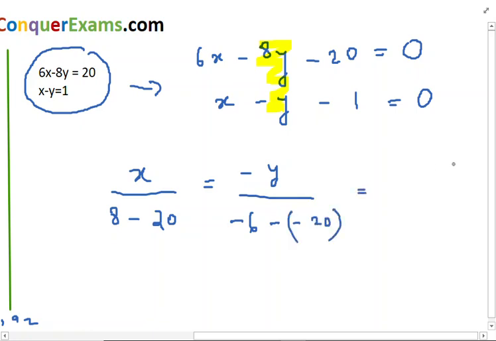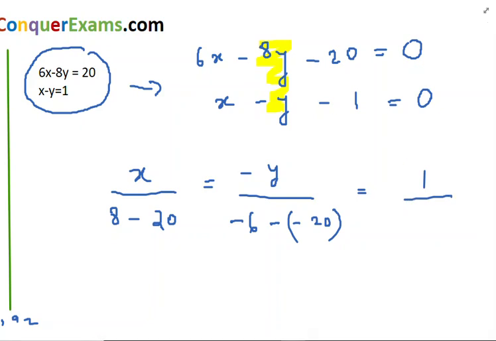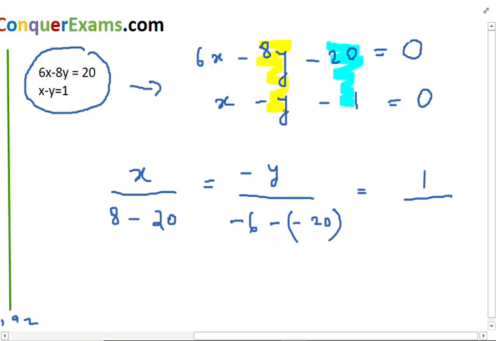Right, and then this is equal to 1 divided by, so what do you do? You just need to shade this part. Alright, so what is it that's left? 6 into minus 1, which is minus 6, and 1 into minus 8, which is minus 8. So minus of minus 8. So you get the answer as x divided by minus 12 is equal to